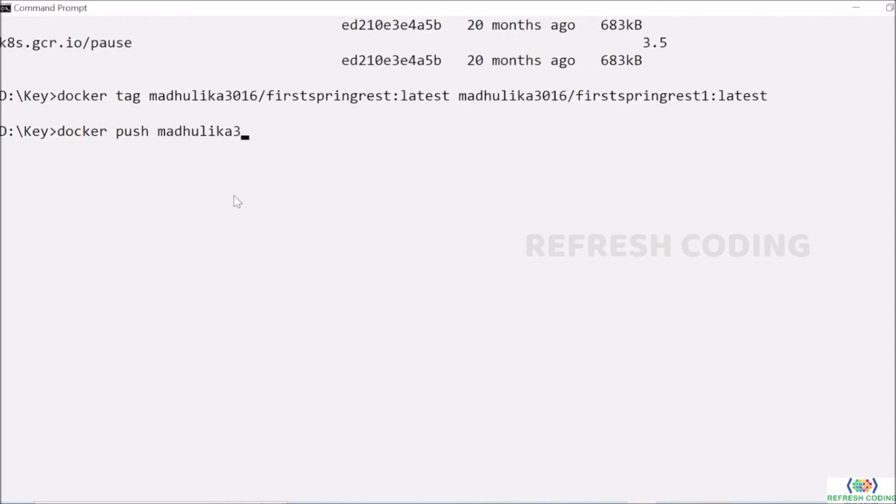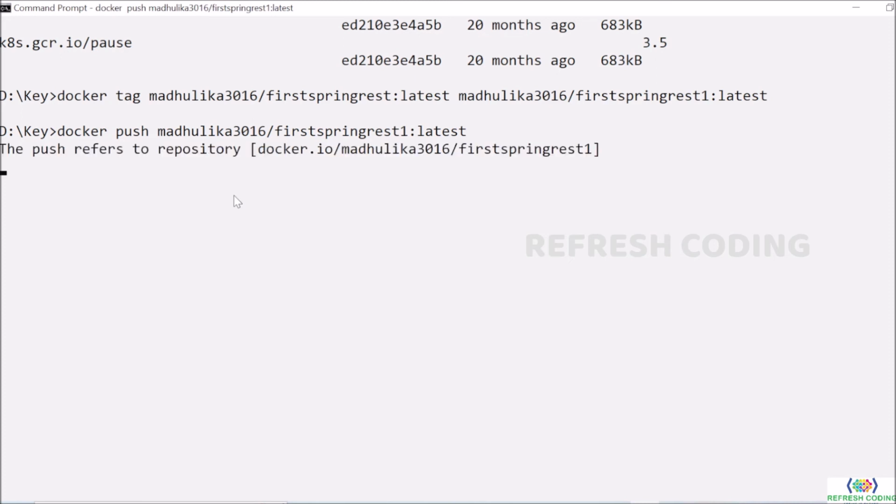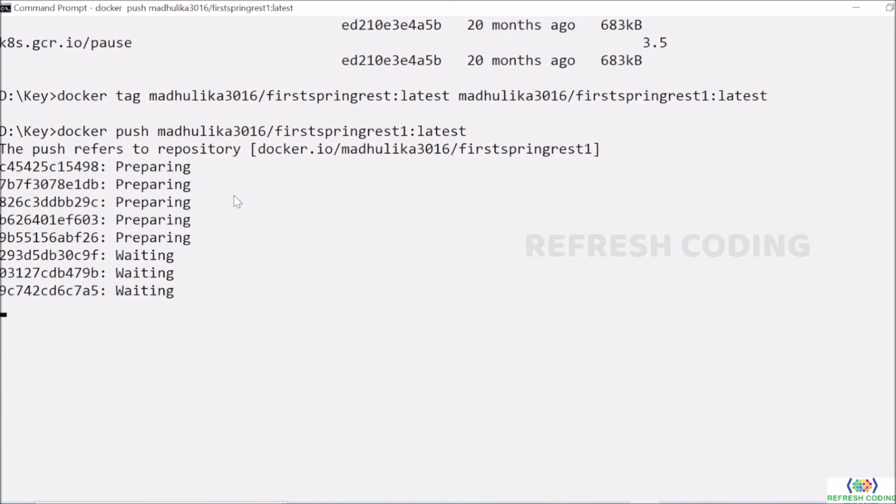So work with your username. One, and then your tag name, which is latest. For pushing the image, we have the command push. Now it will take some time depending on your system and your internet speed.